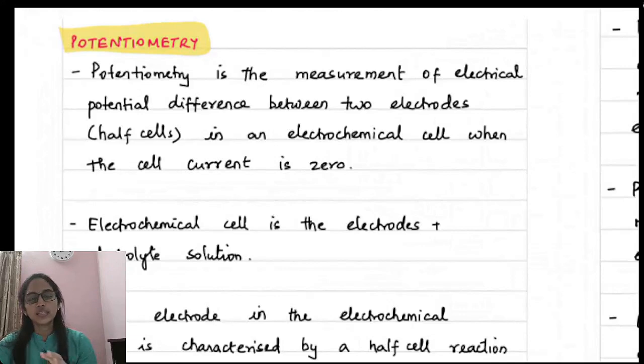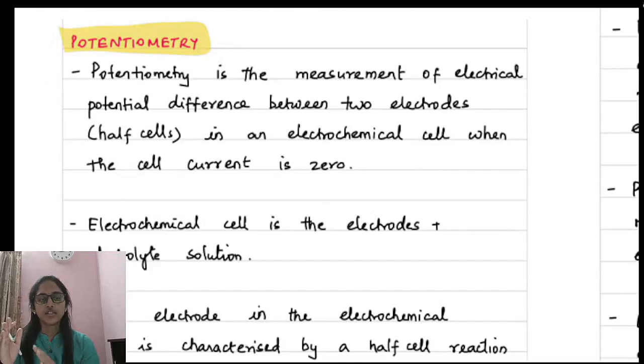Yes, so this is basically happening without any current. So you're not going to supply any current here. So the cell current is going to be 0. So it is only depending on the cell reaction that is happening with the ion which is present in the sample. So the sample contains ions. The ions will react with your electrodes. It will bring about some potential change. Yes, so that potential change, you're going to compare it with a reference electrode and you're going to measure the potential difference. So with the help of that, you're going to calculate the concentration of ions in the sample. So this is all what potentiometry is about.